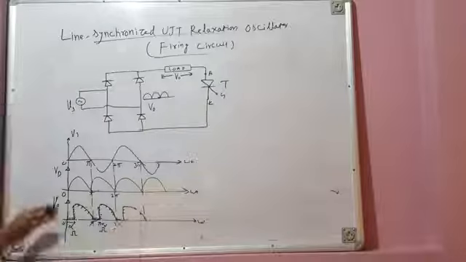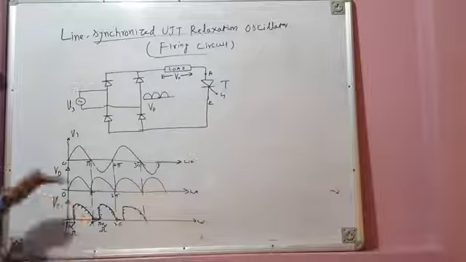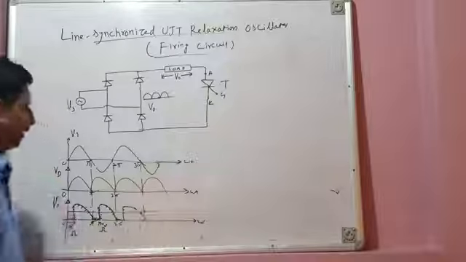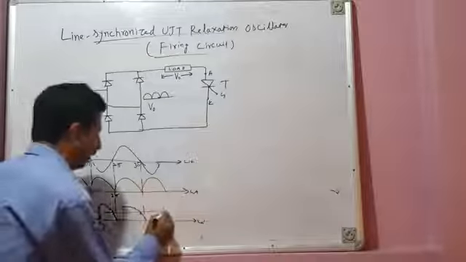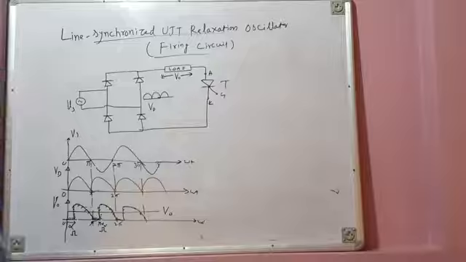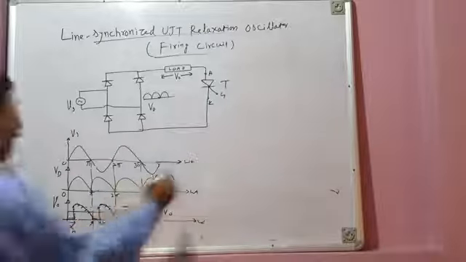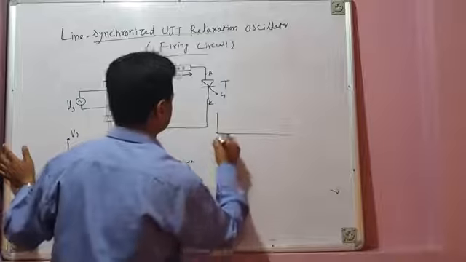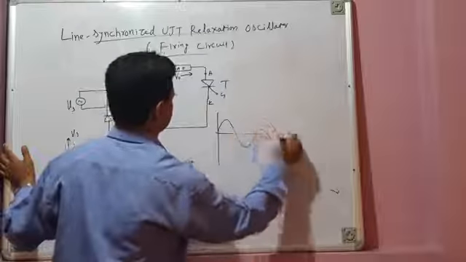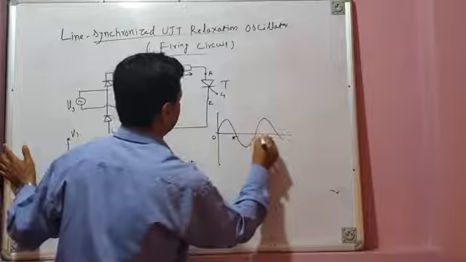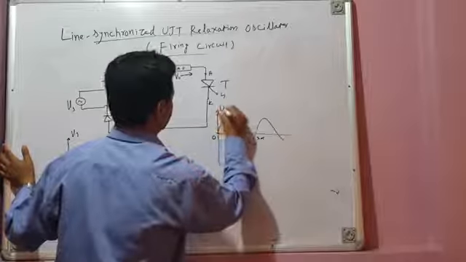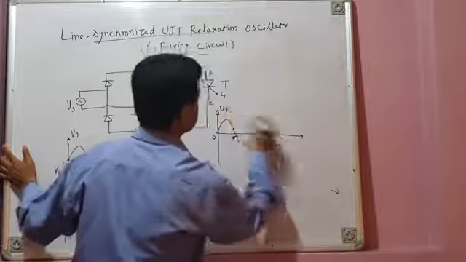So what will happen to the average voltage? Average voltage will be somewhere here. This is the average voltage V0 across the load. If you want to decrease the average voltage across the load, you increase the firing angle. For example, I can show that here. Again, this is 0, pi, 2 pi, and this is your source voltage Vs, this is omega t axis.